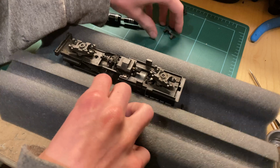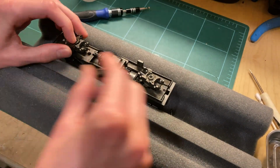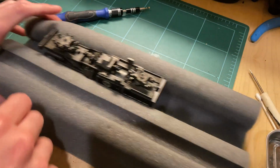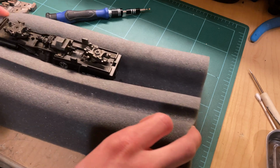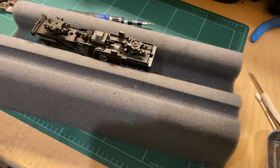So I think now all I really got left to do is I gotta put these parts on, I gotta put the wheels themselves back in and give this a little bit of fresh grease and oil. I gotta glue this back on because that fell off while I was working on this. Gotta find where the other one of these went, and then I think we can get this thing a test